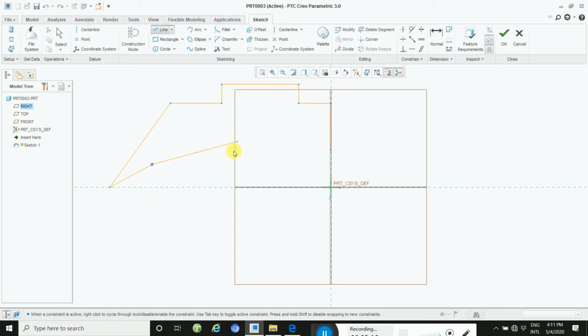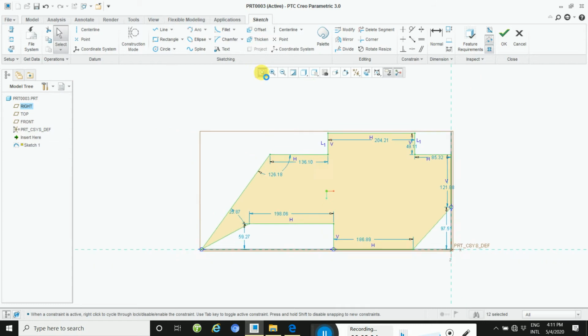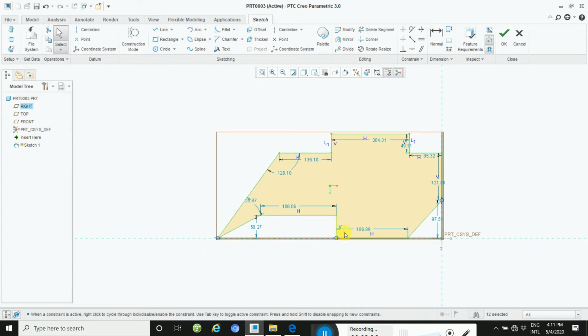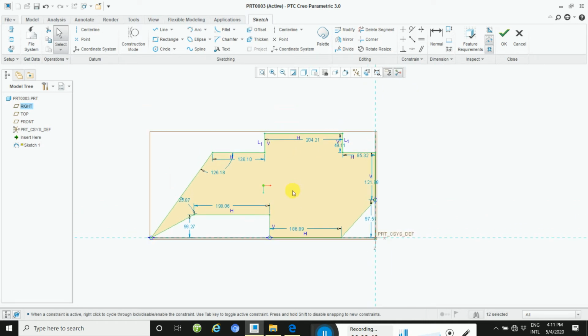Okay, then here, then double click on the mouse middle button to execute this command and then resize. Okay, and then edit the dimension as per drawing.